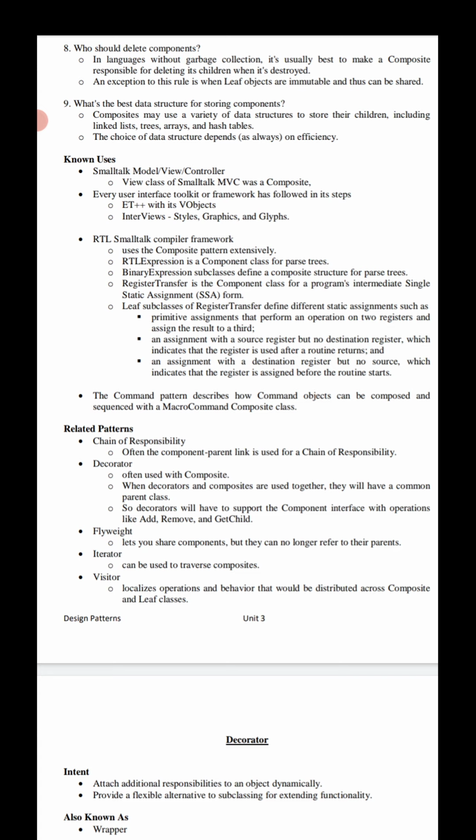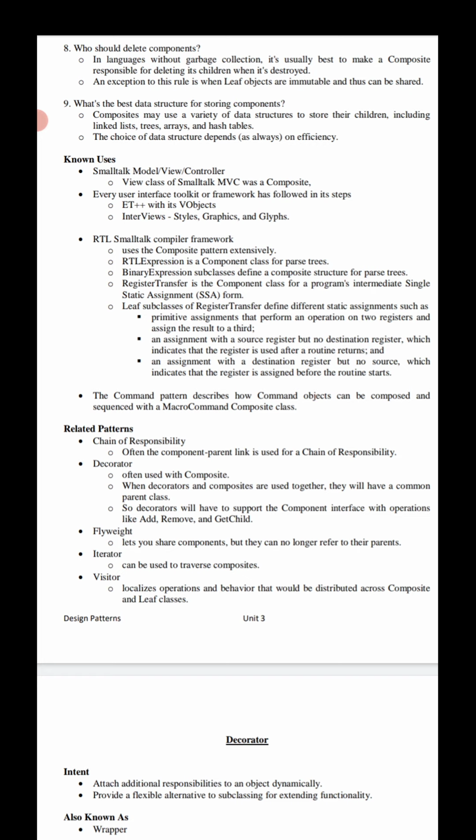We also take some leaf subclasses of register transfer, which define different static assignments such as primitive assignments, where we perform particular operations. And the last one, the command pattern, is also one of the best patterns. It describes how command objects can be composed and sequenced with a macro command composite class.